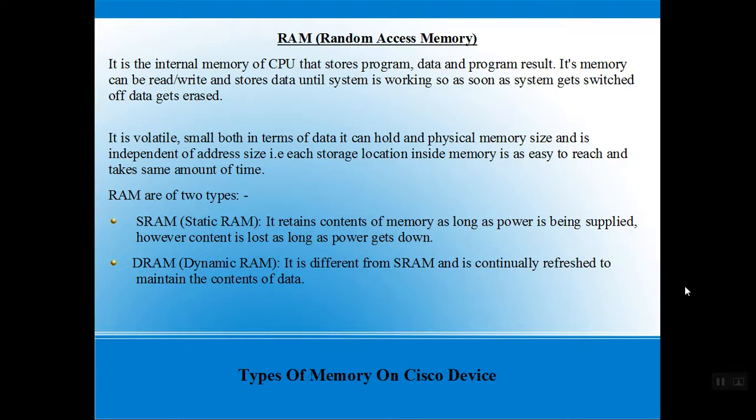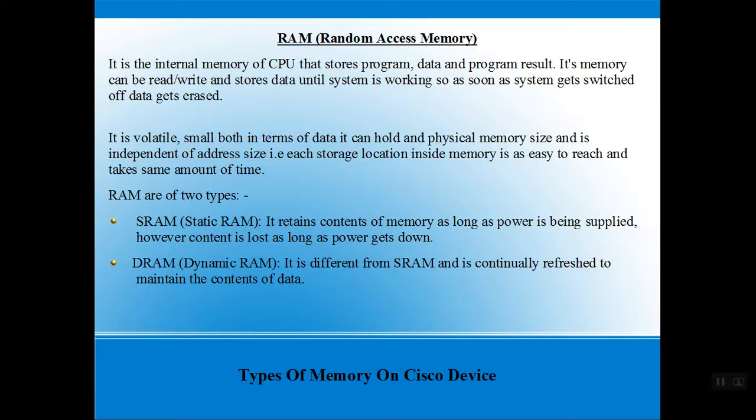Now let's start with RAM. RAM is the internal memory of the CPU that stores programmed data and program results. Its memory can be both read and written, and stores data until the system is working. So as soon as the system gets switched off, the data also gets erased. RAM is volatile, small both in terms of the data it can hold and physical memory size, and is independent of address size. That is, each storage location inside memory is as easy to reach and takes the same amount of